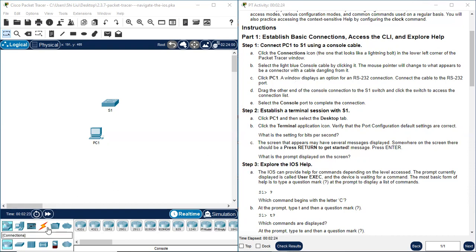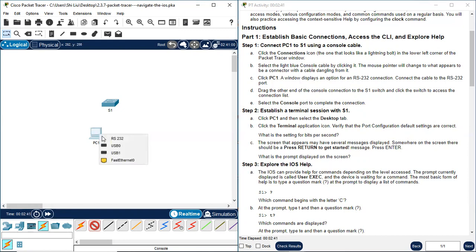So here the basic connection is using the console cable. Look at the bottom left corner. Here there's a connection icon. We click it, and different cables or connections are displayed. This light blue cable is called console. We click it, and then we click PC1, and we select